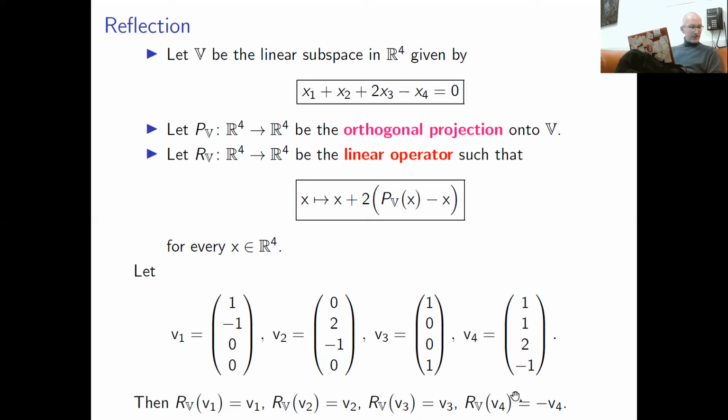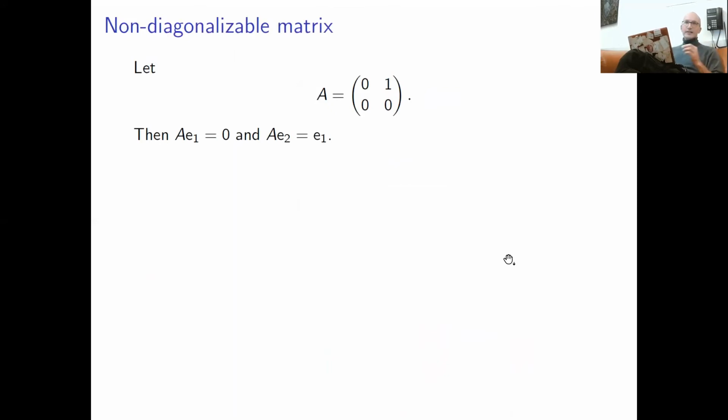Okay, this is a very nice example, which is very similar to the example we considered in the example class. But now let me give a non-example. Namely, let me give you the simplest example of a non-diagonalizable matrix. As I already mentioned briefly, not every matrix is diagonalizable. There are non-diagonalizable matrices. Life is not perfect. And if someone asks you to provide an example, this is the simplest possible example of a non-diagonalizable matrix.